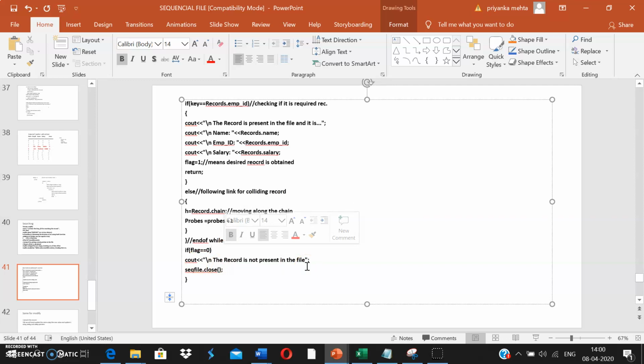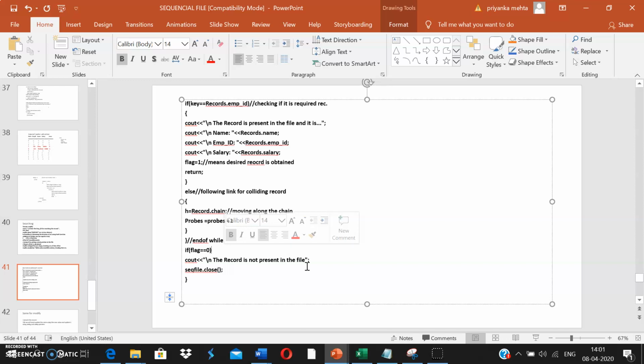So searching is very simple. Again, you have to calculate the index using a hash function. You have to go to that particular address. You will have to skip certain records, and you have to go to that particular block in the file. Again, you have to read the record from that position. You need to check whether this is the record which you are searching. If this is the record, you just have to display record found, and you have to come out of the loop. Otherwise, you have to follow the chain.